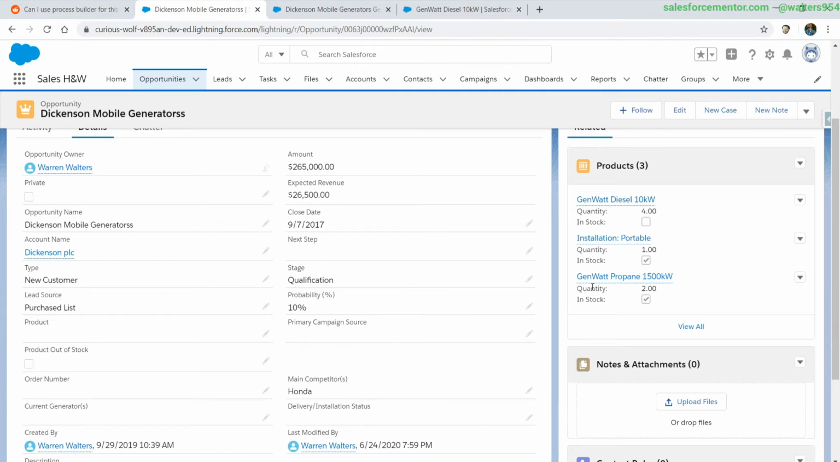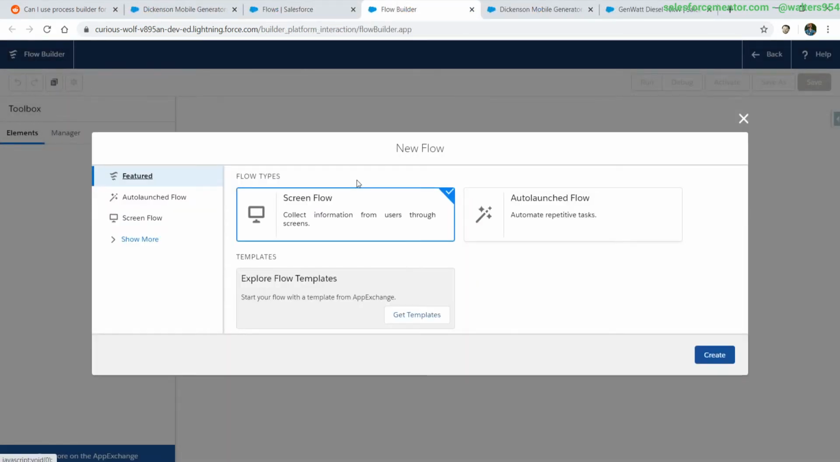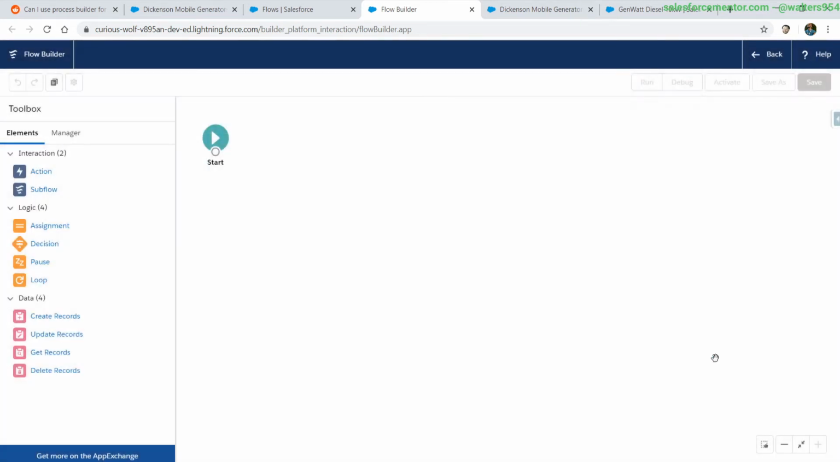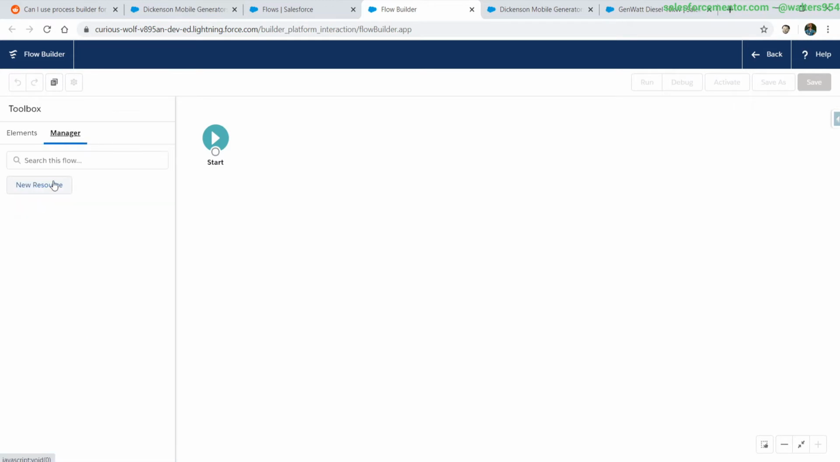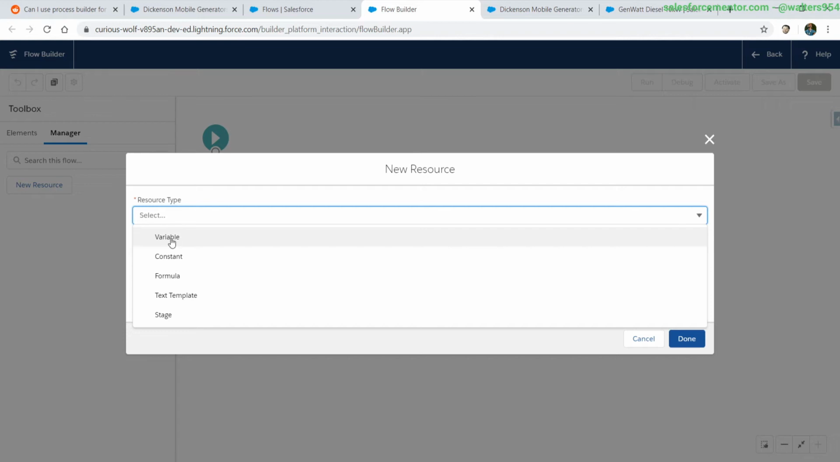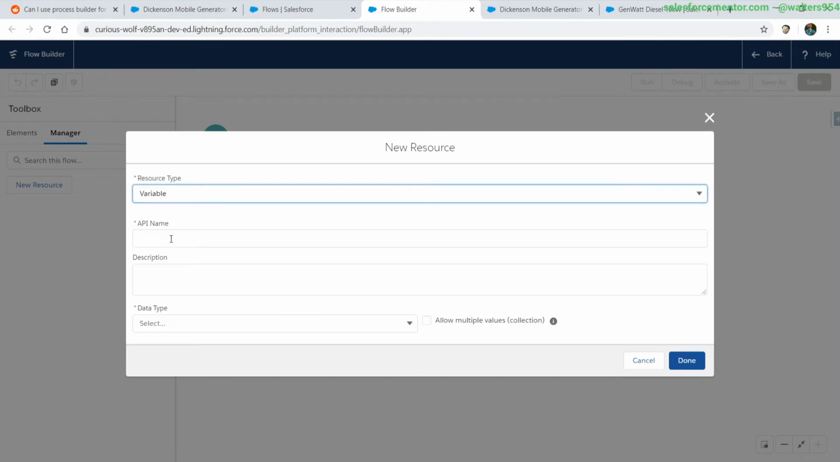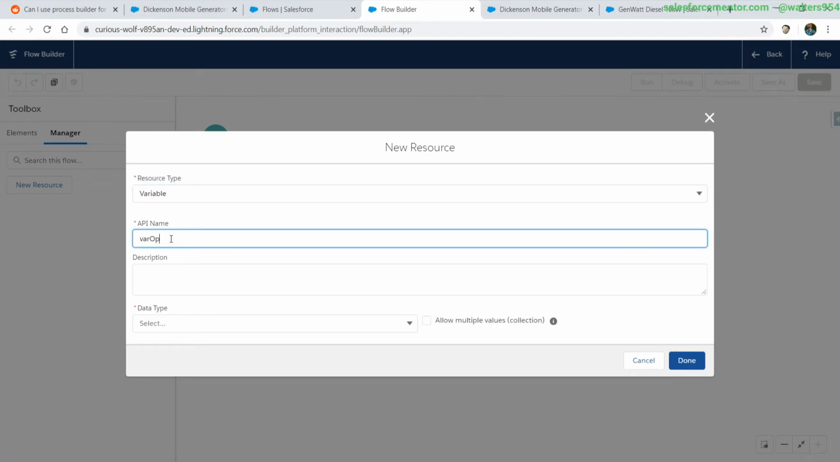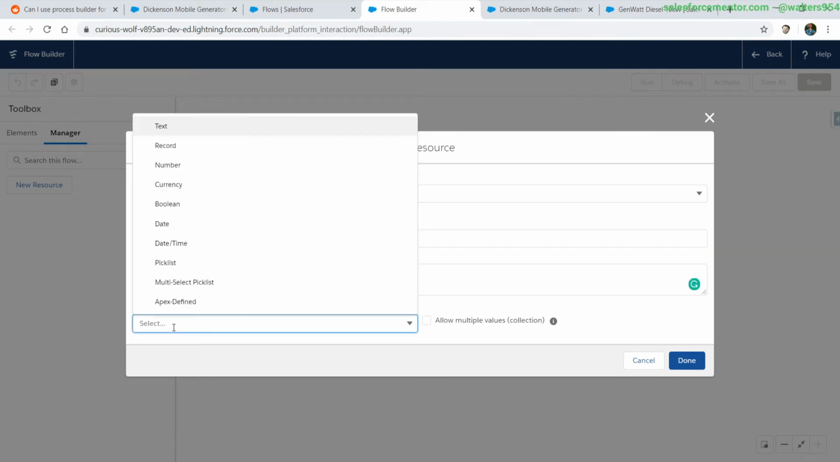All right, let's head over into the flow and check out how we actually get this done. We do not need to collect any user input on this action. We can make this an auto launching flow. There's a couple parts that need to happen here. First, we need to actually know which opportunity we are working on. The easy thing for that is just to create a variable that holds the opportunity itself. We're going to call this var op,